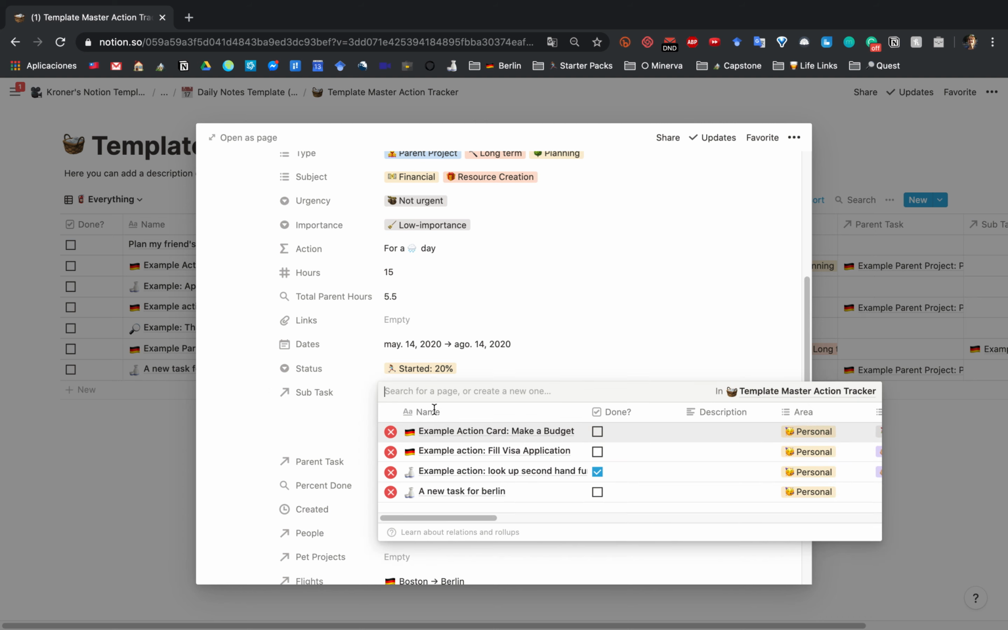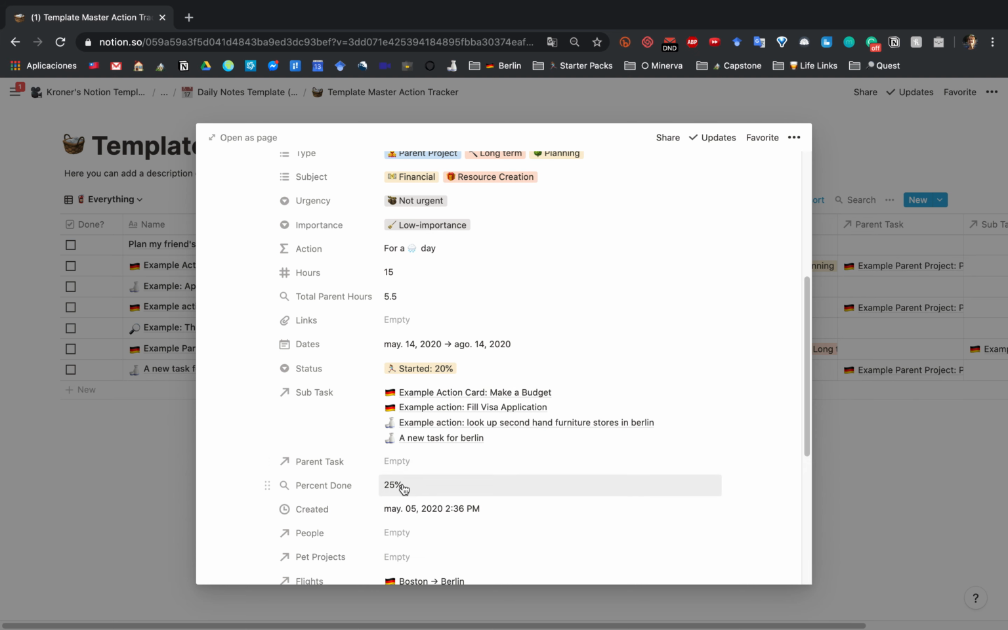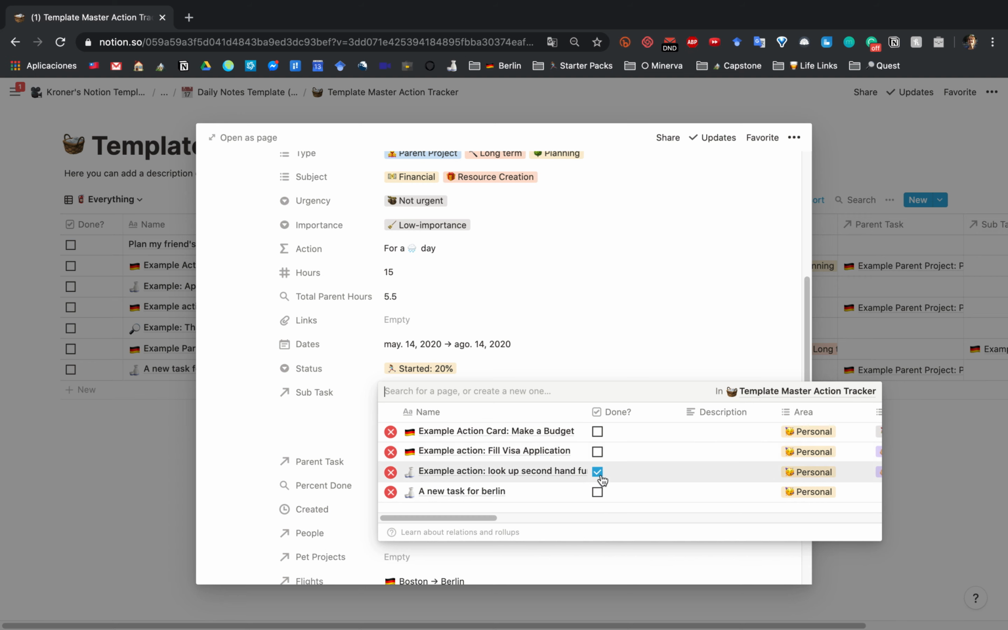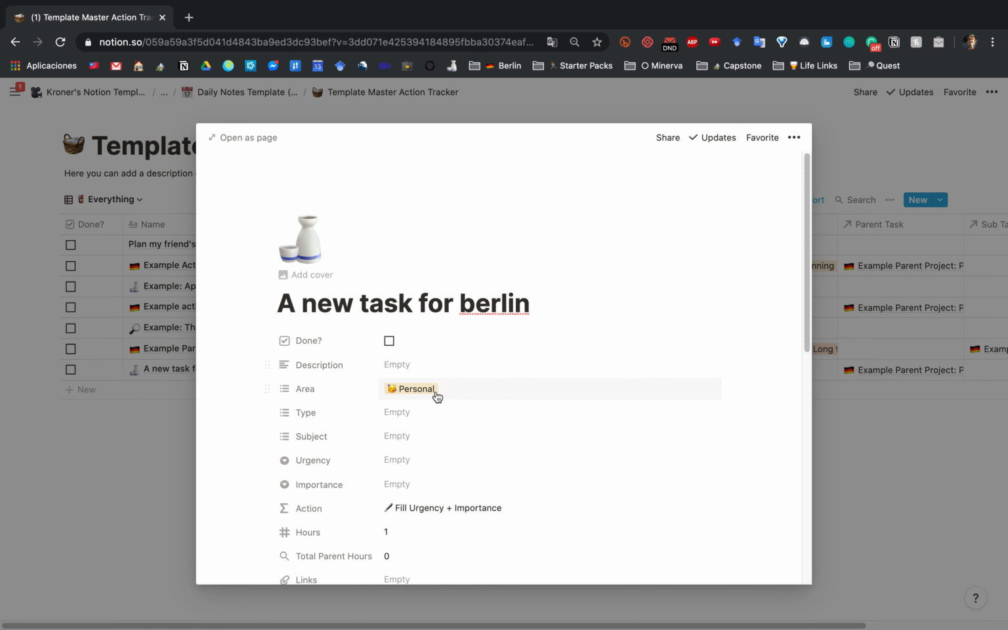And basically in here you can add any new subtask for this. So for example, make a budget, fill out the visa. Here's a random example. Look at secondhand stores that are nearby, and when you click done on one of these, it rolls up here and tells you what percentage of all of your subtasks are done. So here 1/4 of these are done, and so this is 25%,